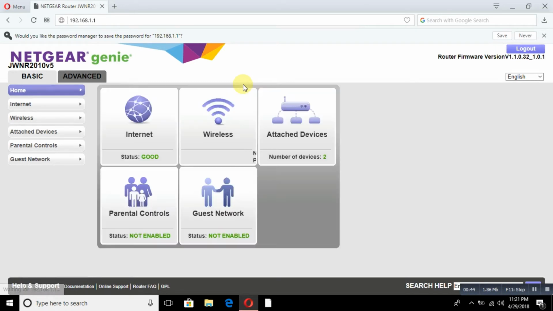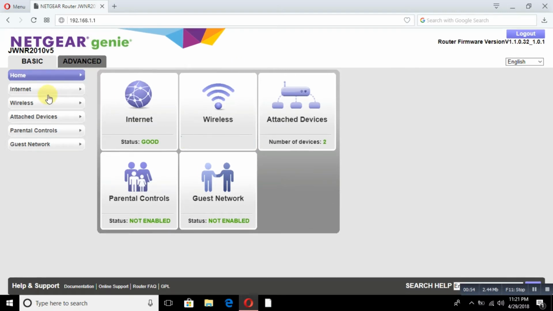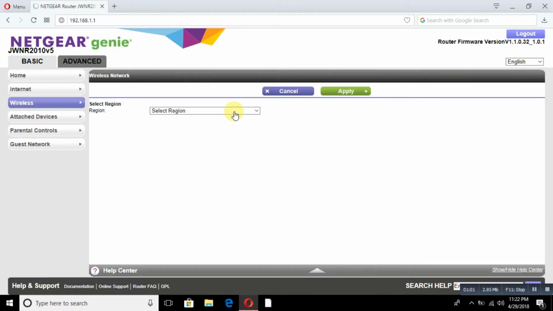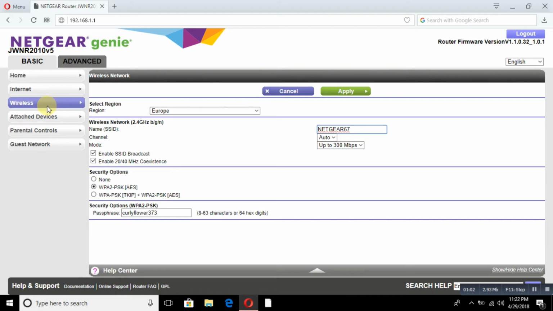Now I want to change the password or the name of the router according to me as I want. So for that, you will see here lots of options. So I'm not going through all of them. I'm just going to wireless. So you just click wireless over here, and then